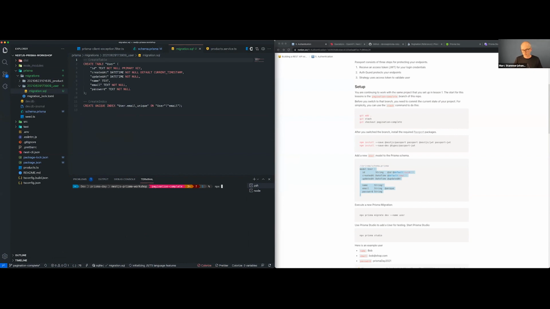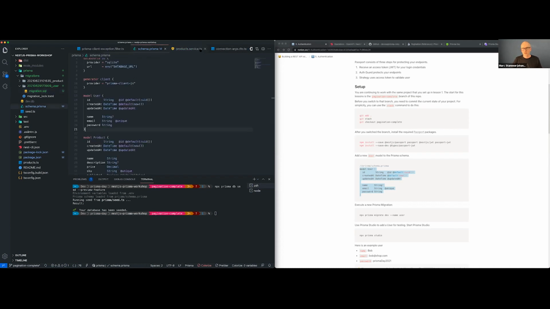And then I will try to run the seed, DB seed, preview feature, running seeds. And this works. All right. Not really sure what went wrong there, but anyways,